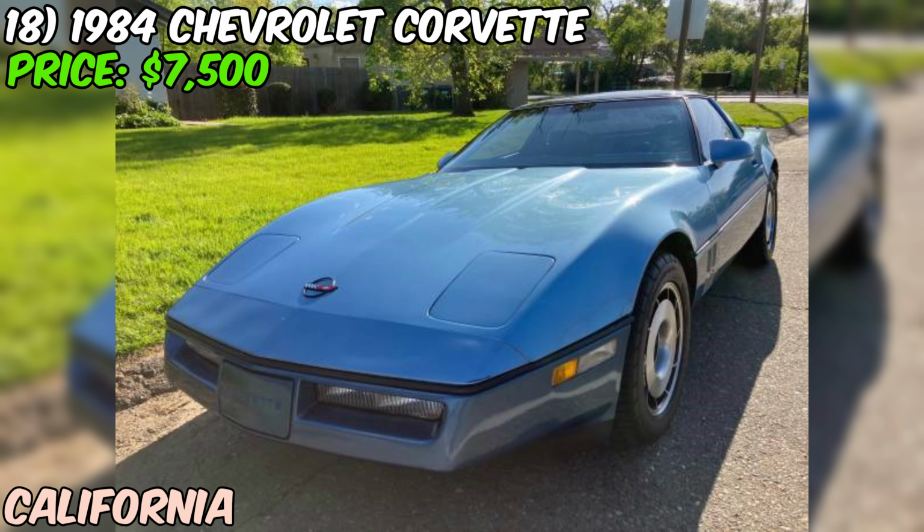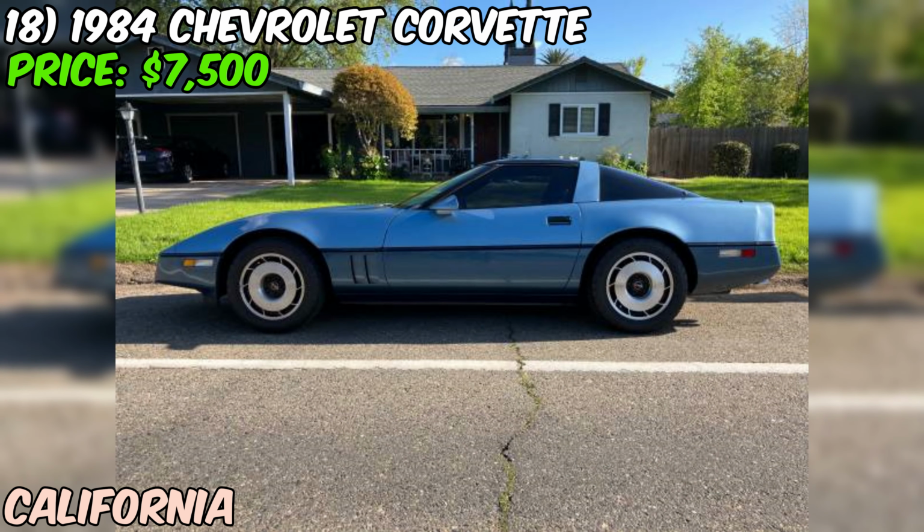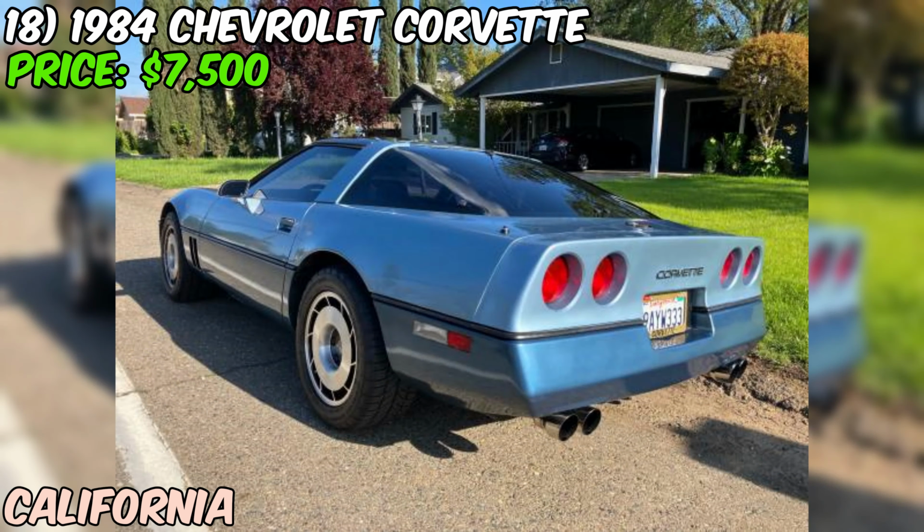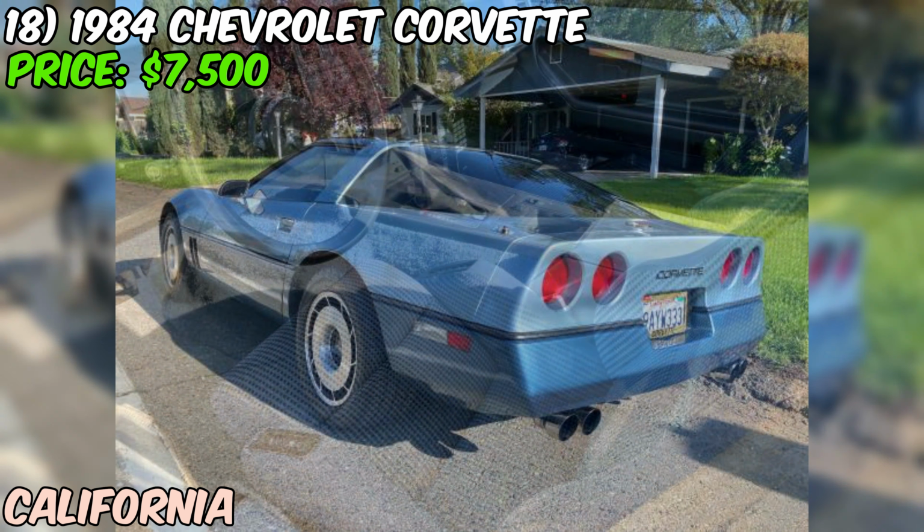The seller has also added a new Bluetooth stereo system, speakers, and Flowmaster mufflers for a truly epic driving experience. And with a new master brake cylinder and tires, you can feel confident hitting the road in this beast. Now, I know what you might be thinking. What's the catch? Well, the seller does mention that the driver's seat has some wear on one side, but that's